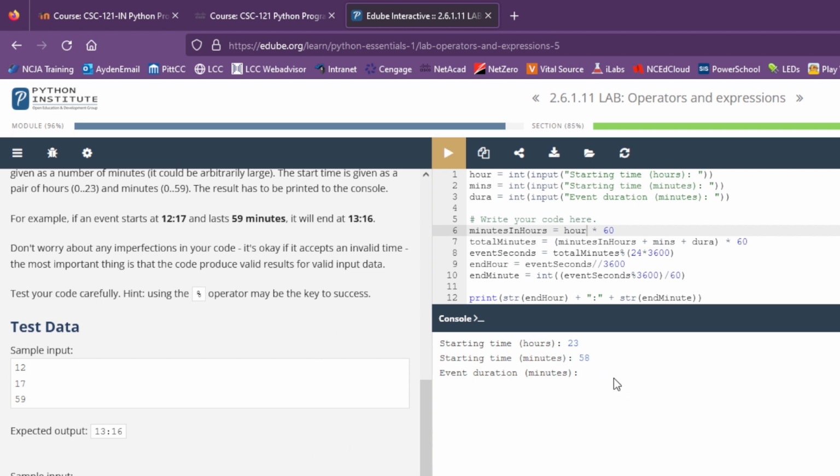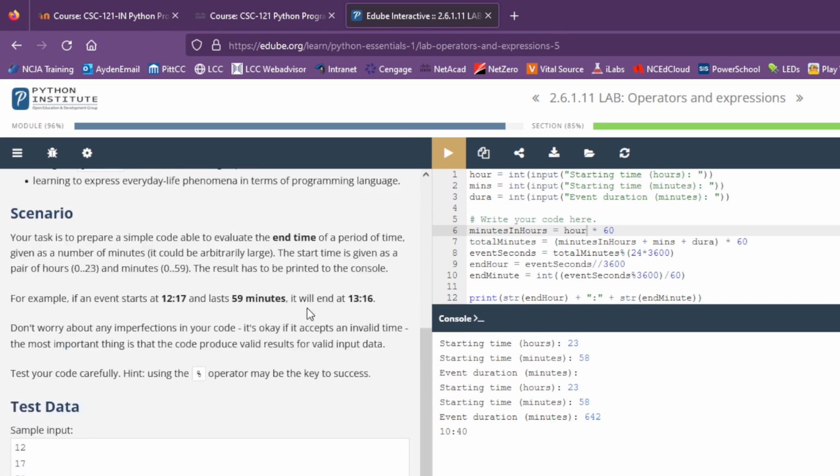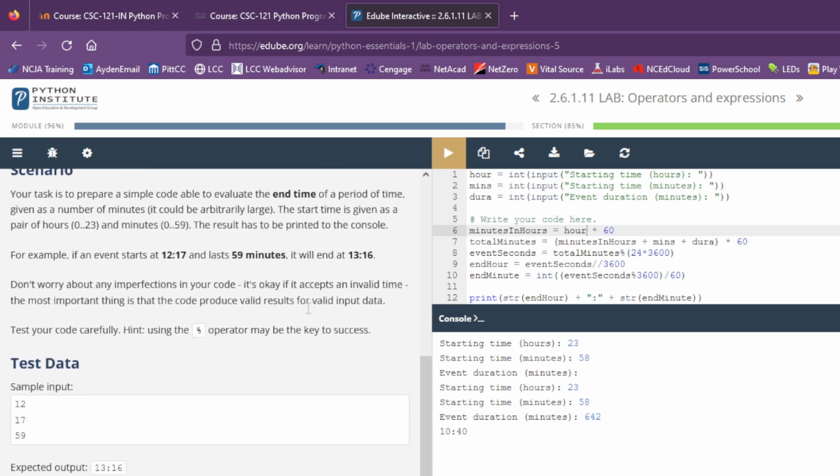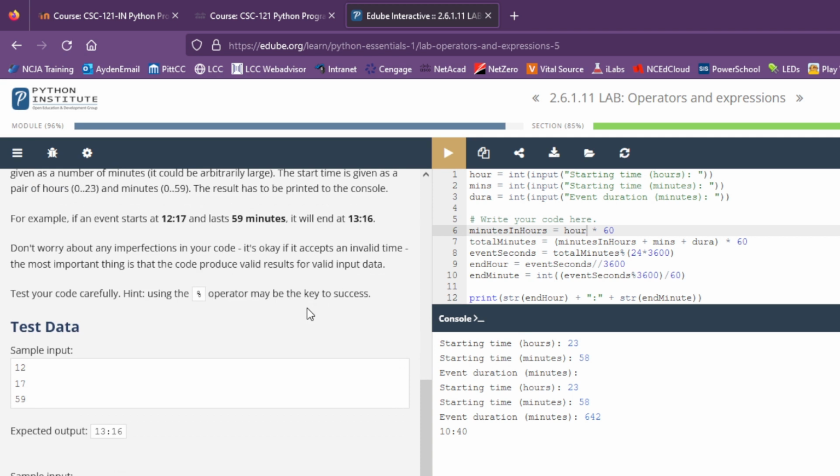I think I hit a button and messed something up. Of course it did. 23, 58, 642, enter, I get 1040. So this is going to be in military time, apparently. All the test data is in military time, which makes it easier. Quite honestly, there's 24 hours in a day, and each one of those is represented by the number 1 through 24. So the second test data is 2358 with a 642 duration, and the expected output is 1040. So my code works,